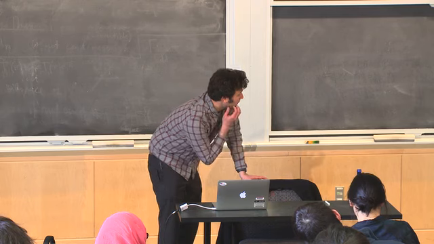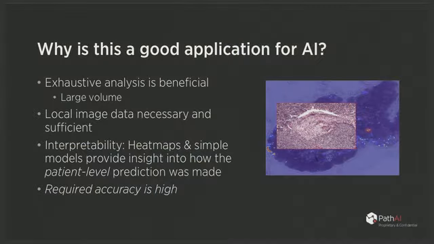So this is a great application for AI because you actually do have a ton of data, so you need to do an exhaustive analysis that has a lot of value. It's a task where the local image data in a patch, which is really what the current generation of deep CNNs are really good at, is enough. So we're looking at things at the cellular level. Radiology actually could be harder because you often want to summarize over larger areas. Here you really often have the salient information in patches that are scalable in current ML systems.